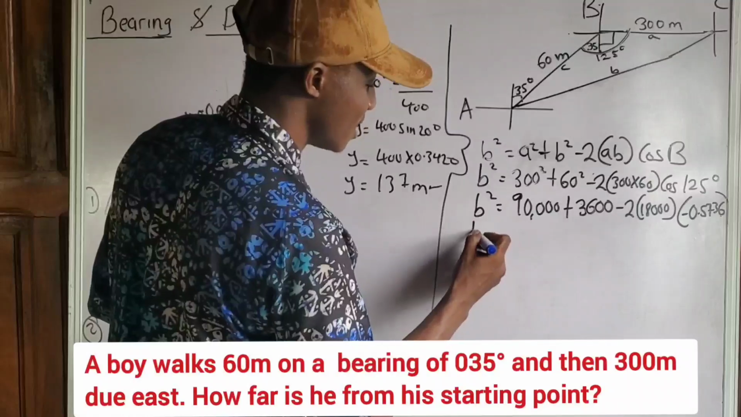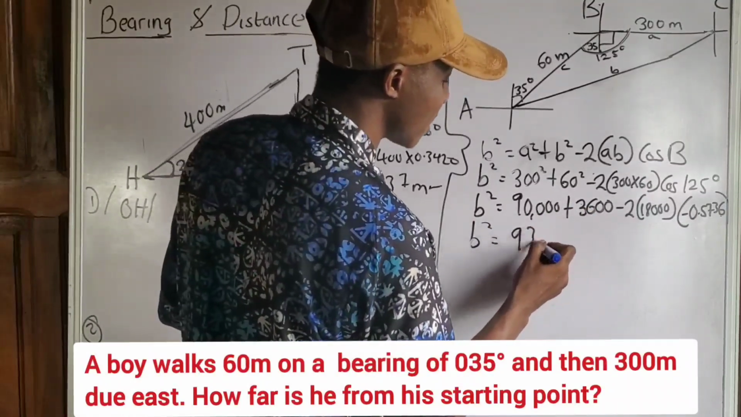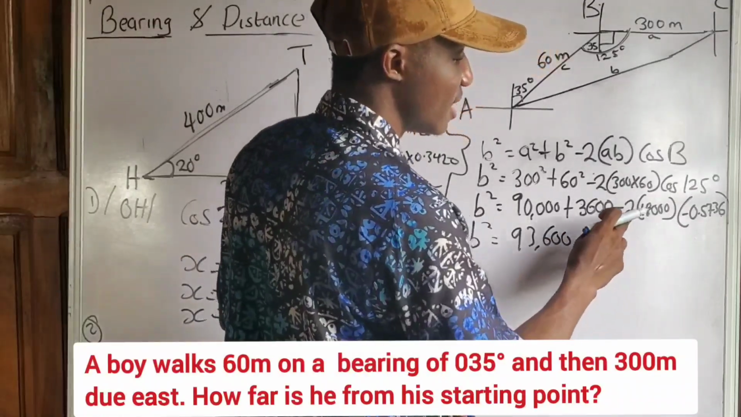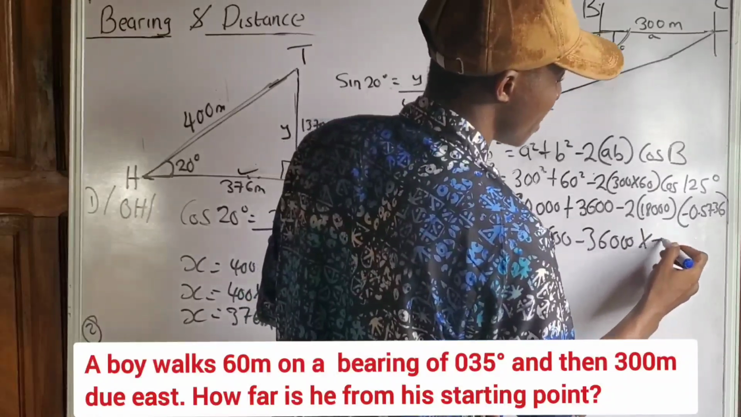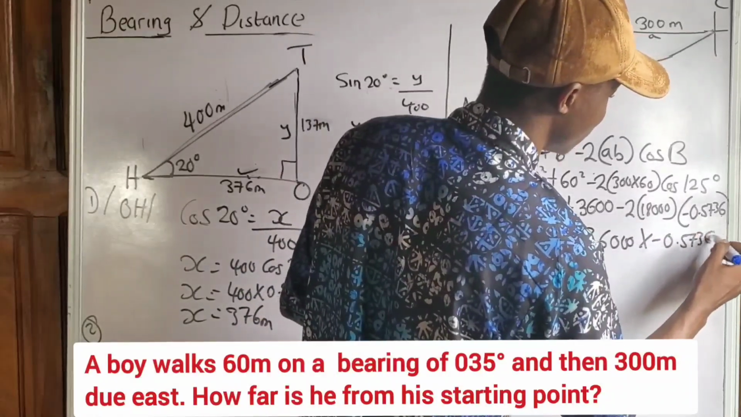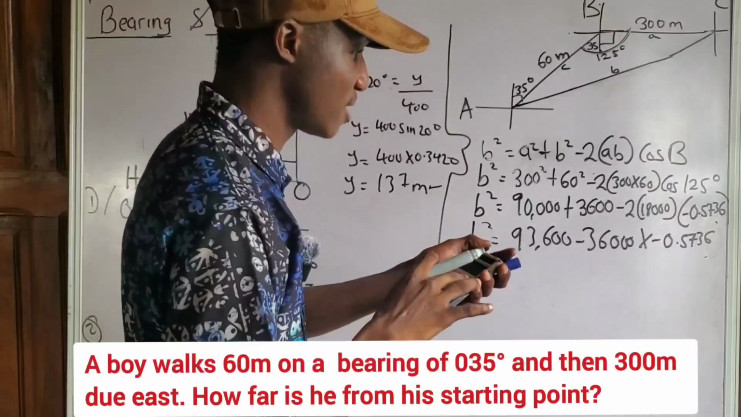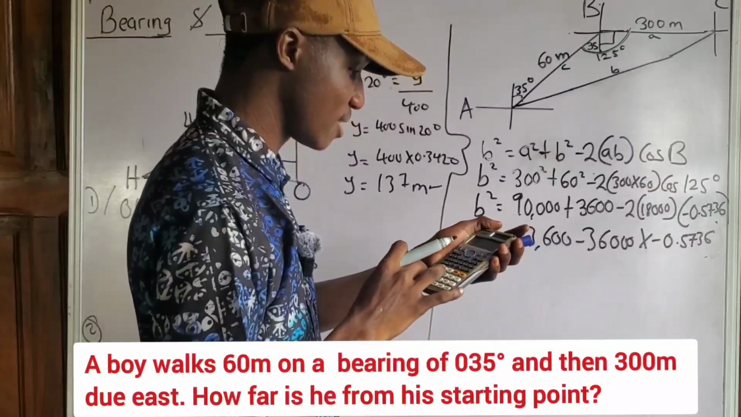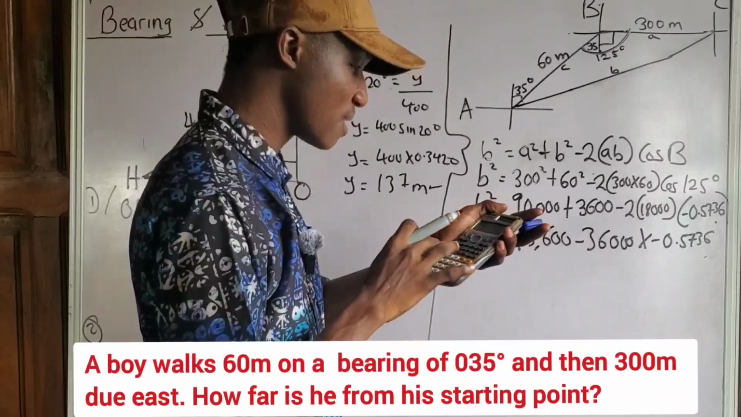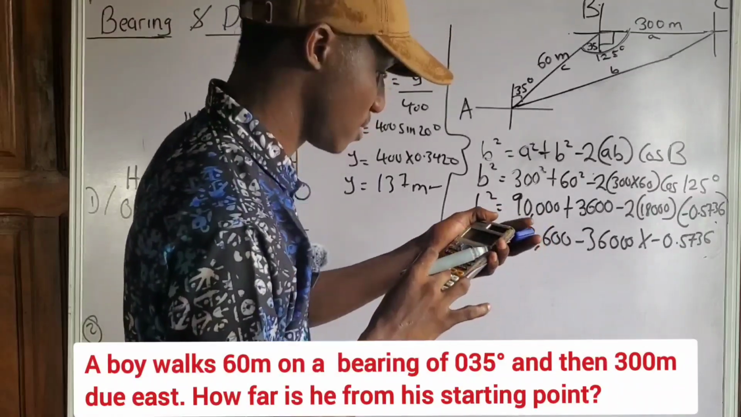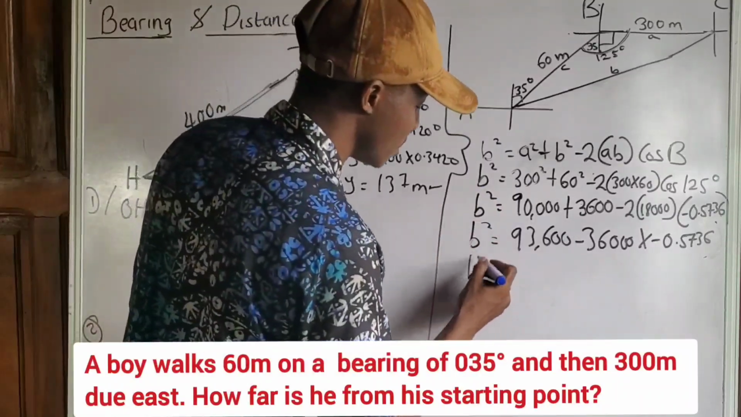Okay, so b squared is equal to 90,000 plus 3,600. That is 93,600 minus 2 times 18,000. That is minus 36,000, multiplied by minus 0.5736. Negative 36,000 times negative 0.5736 is 20,649.6. So b squared is equal to